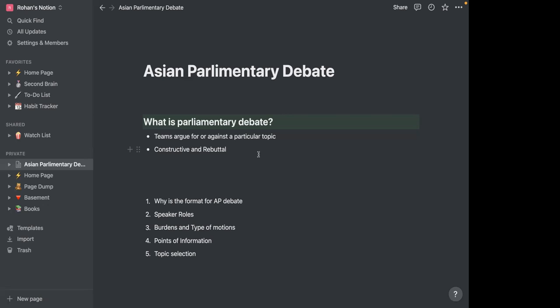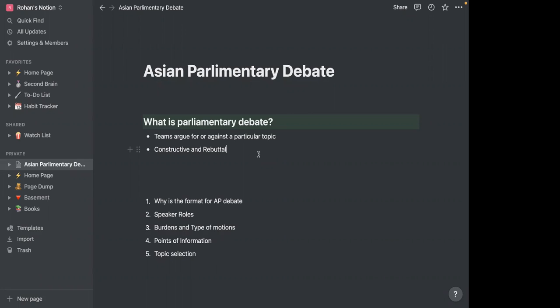There's also something called rebuttal, and rebuttal is the direct opposite, where you will try to take down the constructive case built by the other team. So you will build a constructive case, opposition also builds a constructive case. That is not enough in a debate. In a debate, you also have to prove why the other team is wrong, not just why you're right, but why the other team is wrong. And therefore, you going ahead and focusing on proving the other team wrong is rebuttal. So if they make bad arguments, for example, you will go ahead and show why exactly they're bad arguments or why those arguments might possibly be untrue. That is called rebuttal, where you take down other argumentation.